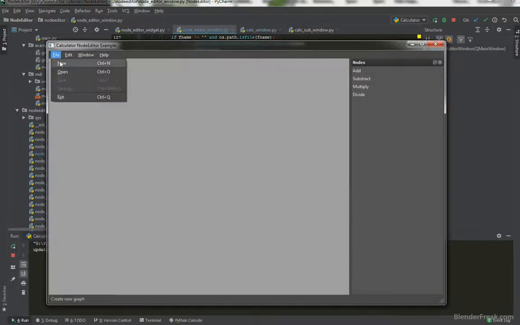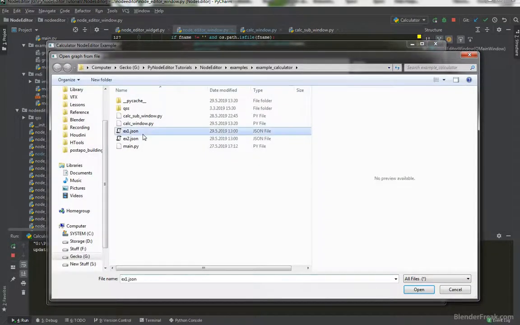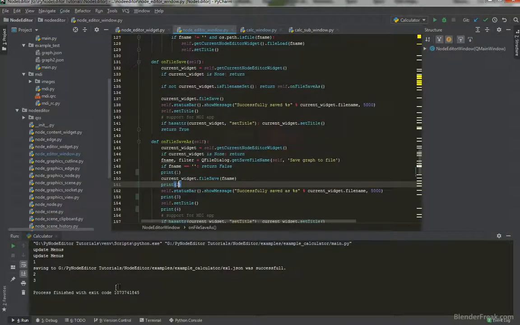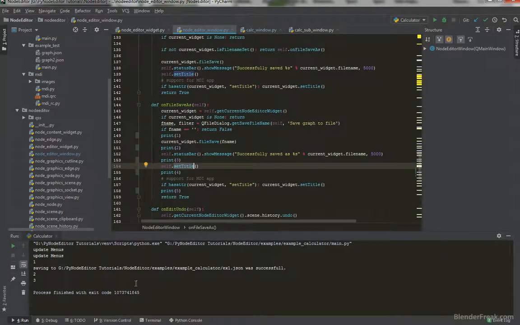So when we run it again and save it again, we get a crash. You can see we got up to 1, 2 and 3, and 4 was never called, which is this one. So the setTitle is actually what is crashing the application, and the reason why is